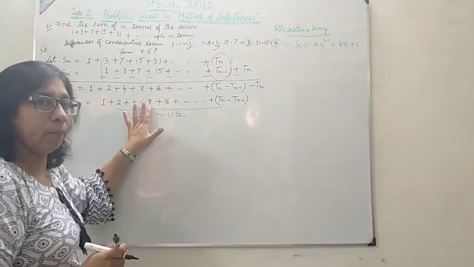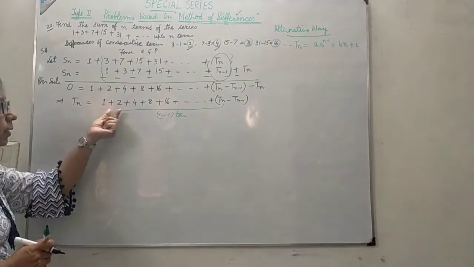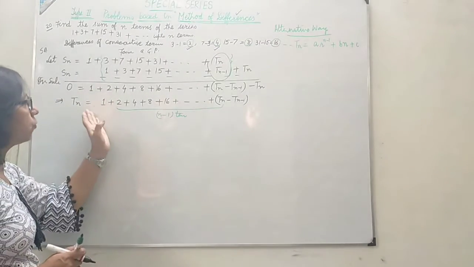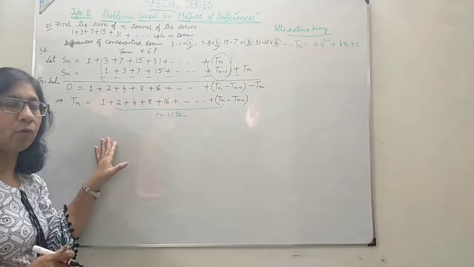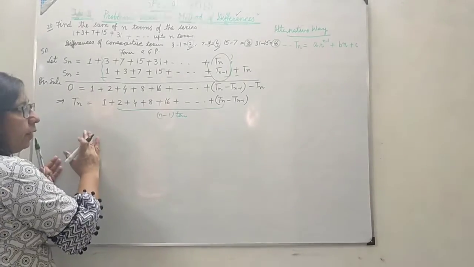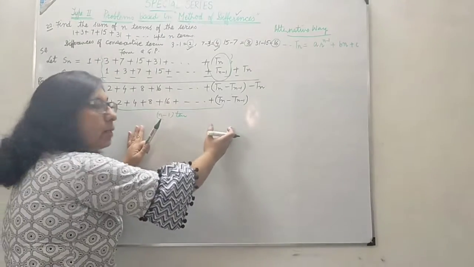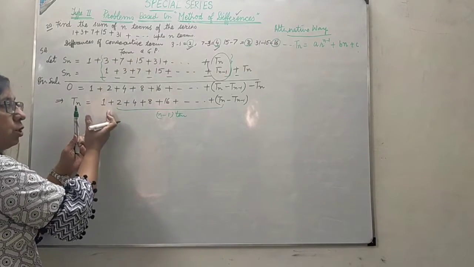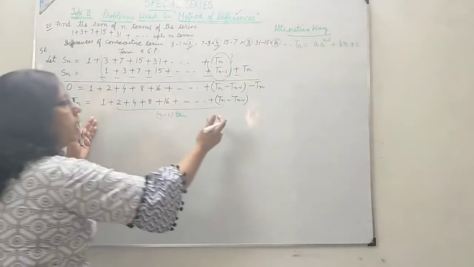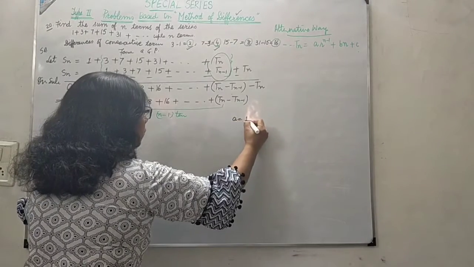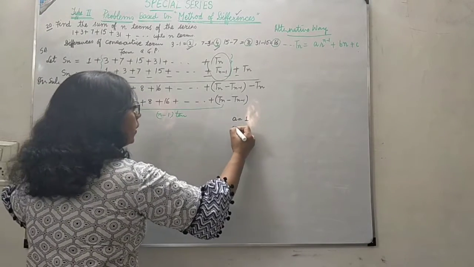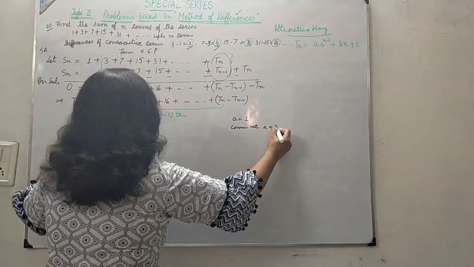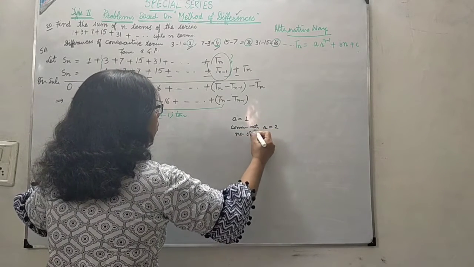And you can see they are forming GP, but we can here see that if I include 1 in the series, from 1 also they are forming GP. Whether you leave it and take the sum of n minus 1 terms, or you take it along with the series, because it is in GP again, we can take n terms. If I take A as 1 and common ratio R as 2 and number of terms now n.